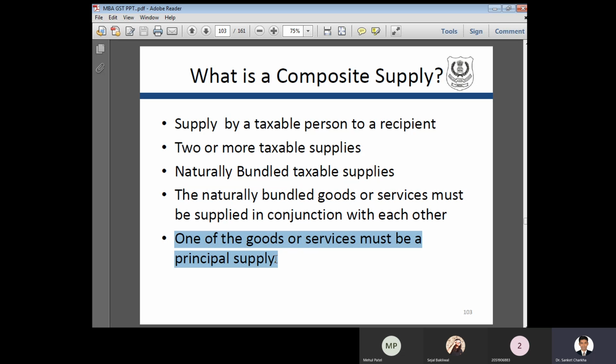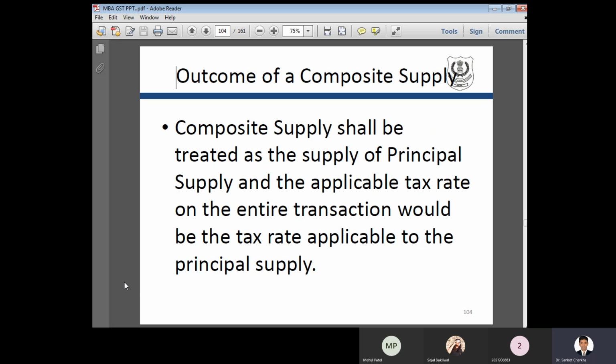But one of the goods or the services must be a principal supply. So what is the principal supply? Either the refill that you are using, or the pen, or the particular case that you are using. So in this way, it is a composite supply. So what you have to do, you have to charge the amount of GST on the entire pen. So on the entire pen you cannot charge. So accordingly, what is the manufacturing value of the particular case or the body? On that particular thing only, the GST rate will be applicable.